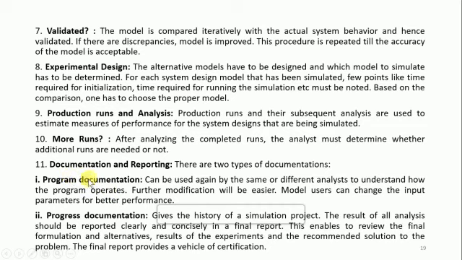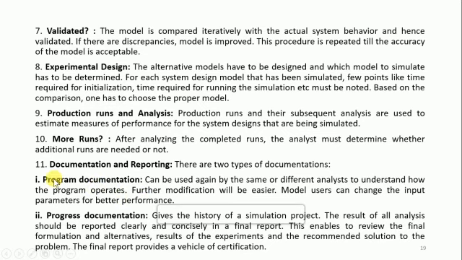The analyst who started with the project can do the program documentation, or you can choose another analyst, no problem. So this will help the modification to be very easy. Model users also can change the input parameters for better performance.